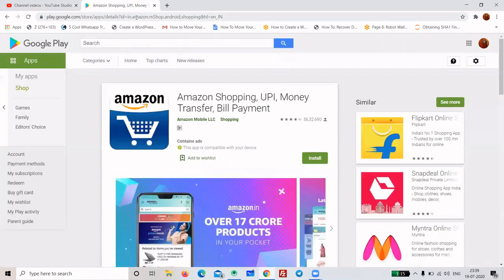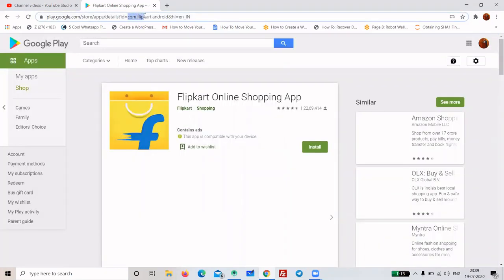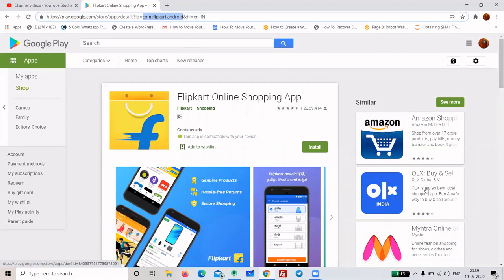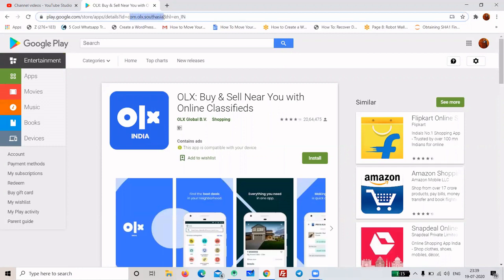If I click on Amazon, you can check the URL here. id equals in.amazon.mshop.android.shopping. This complete name is the package name. If I click on Flipkart, the package name is com.flipkart.android. This is the package name for Flipkart. If I click on OLX, com.olx.southasia. This is the package name for OLX.